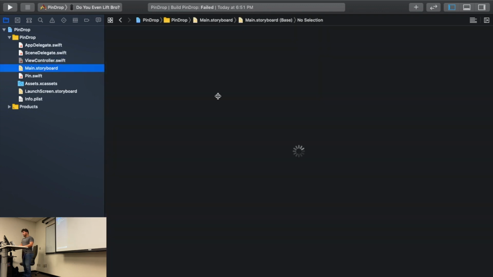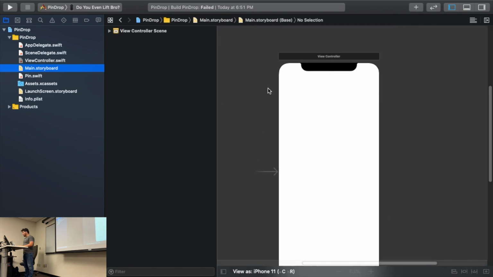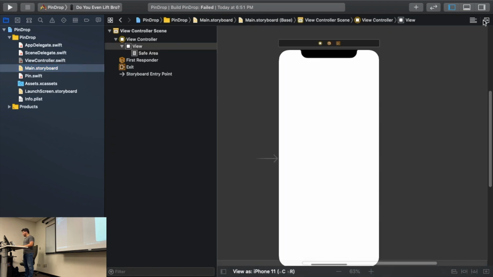If you go to main dot, yeah, let's actually go to main.storyboard. That's probably better. And then view controller, we're going to meet the two together. So in main.storyboard, if you click this plus button,